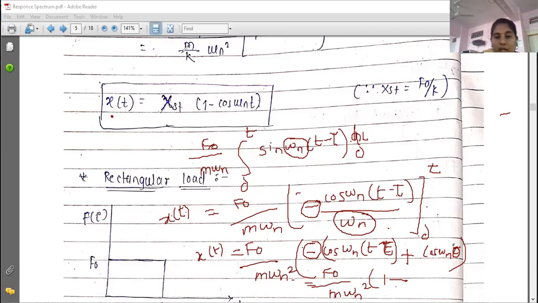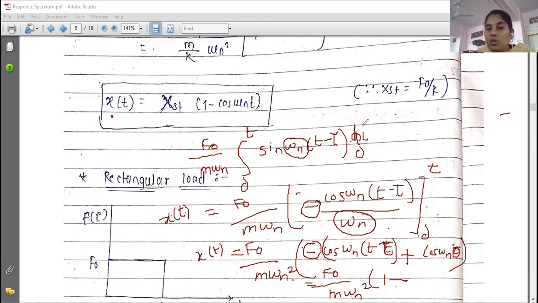Okay, Sonali Patil is asking me what is that tau. In the last Duhamel's integral we have taken that tau, that equation we have taken that di. So di, or you can say here that di is a time. D tau is also time. I is also considered as a time. So we only have to take the integration with respect to t. That t and tau, or t and I, both get replaced with each other when we apply the limits, and at that time that part will become t minus t, that is 0.